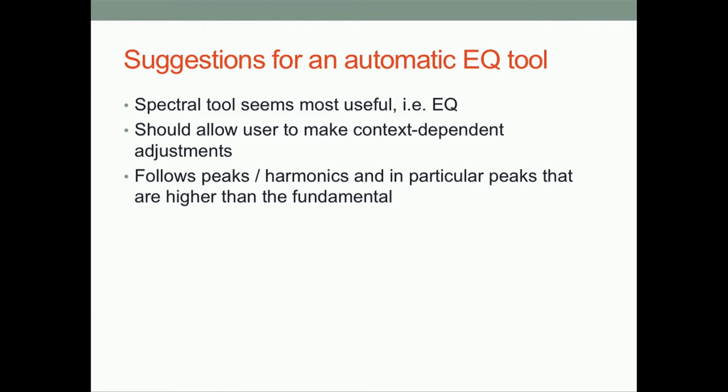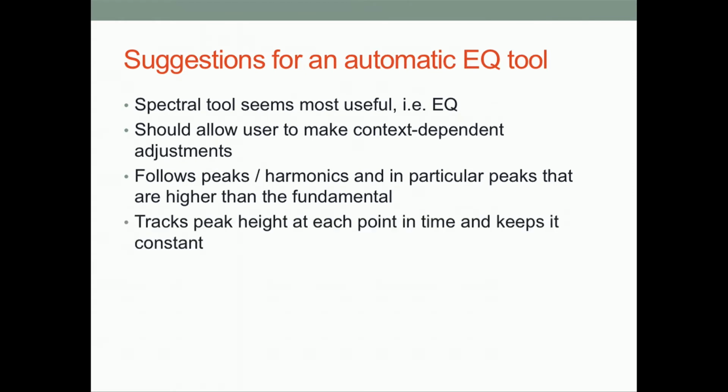So follow the peaks, maybe also follow how large peaks are, and adjust the gain accordingly over time. Maybe you would just have some buttons that allow you to tweak how high each peak is in general, and then track the peak height as it goes up and down. Maybe there'd be some special focus on the fundamental and the 3 kilohertz area, because that came up both in the literature. It was mentioned by some people, and it seemed to be important here as well.